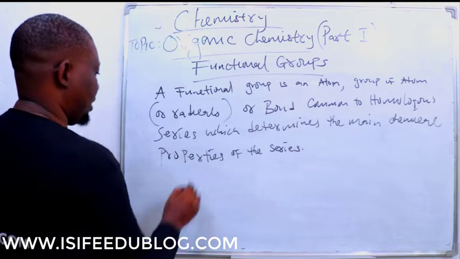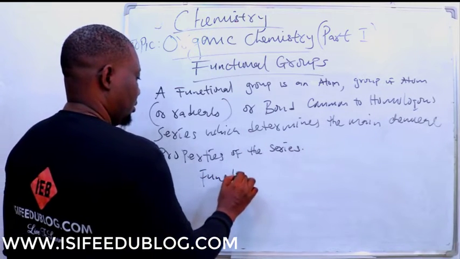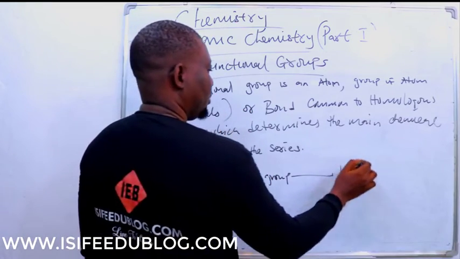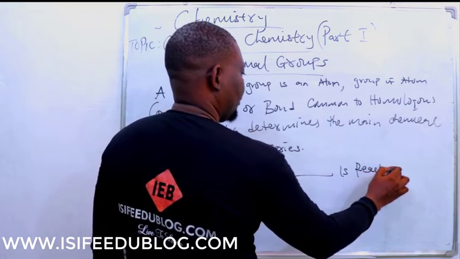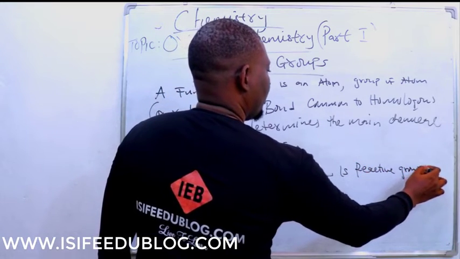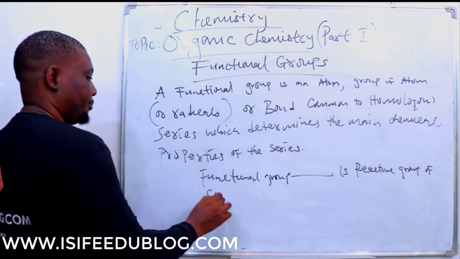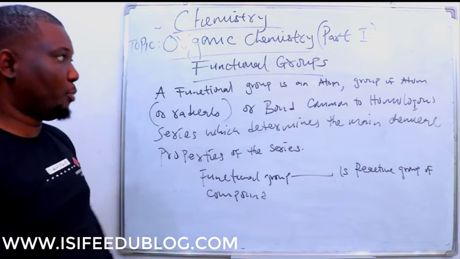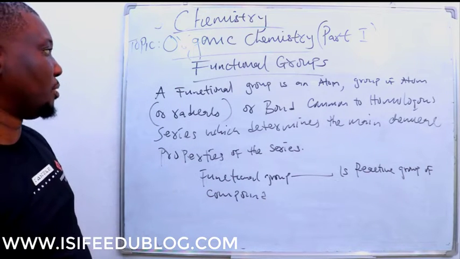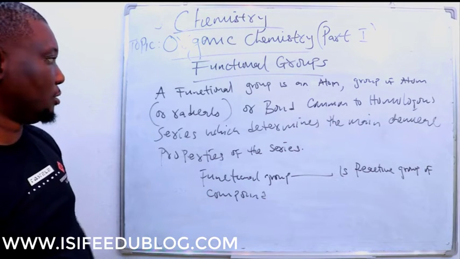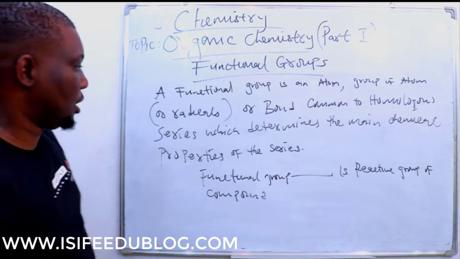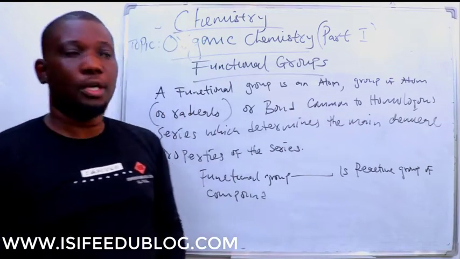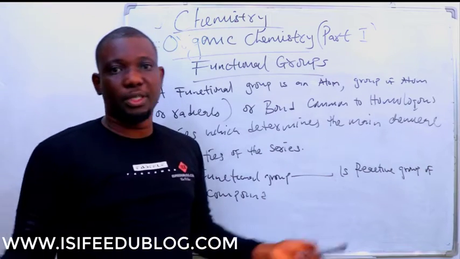Or in one way you can say that a functional group is the reactive group of a compound, mainly an organic compound. So that's what it means. Okay, a functional group is an atom, a group of atoms, a radical, or a bond common to a homologous series, which determines the main chemical property of the series. That is functional group. Okay, in this video we're going to be looking at different functional groups,